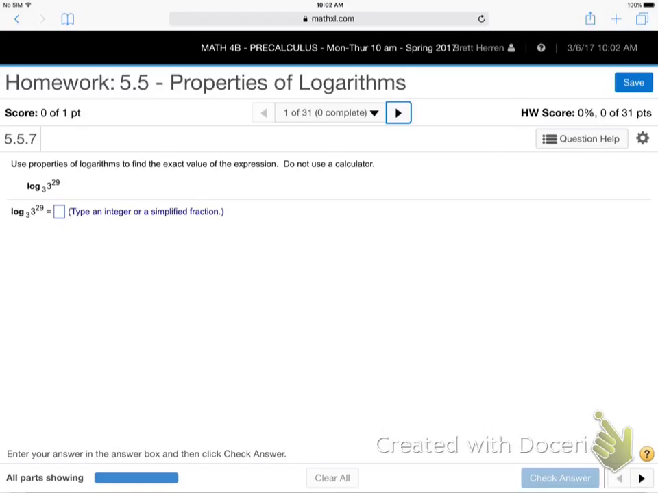All right, so this one you may have already done if you've been on 5.5. Okay, use properties of logs to find the exact value. So we're talking about, I don't know if he wrote out or if you remember, there's basically three,